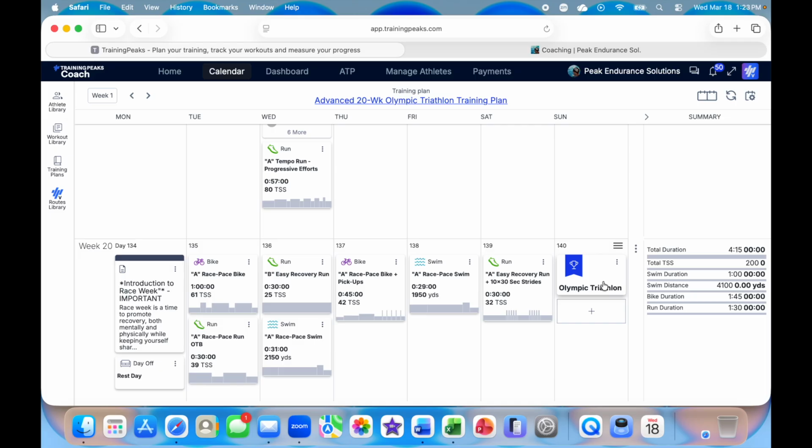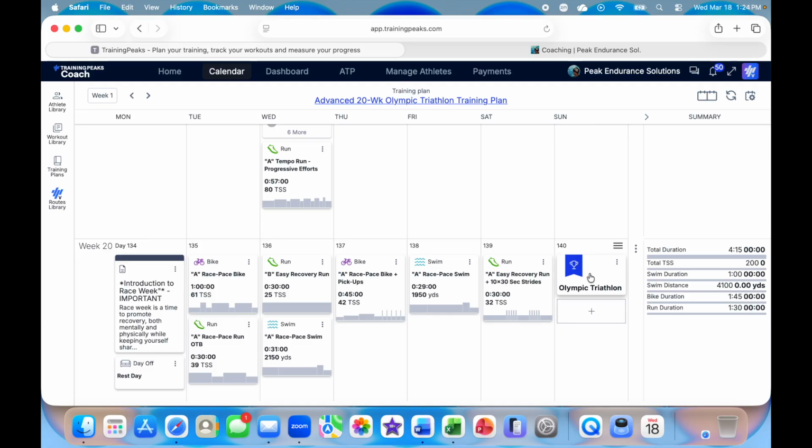However, if your race ends up on a Saturday or another day of the week, I would still apply the plan starting on a Monday, because all of these plans are designed to flow from a Monday through Sunday. If you were to apply this with the plan ending on a Saturday, it's going to move all of these sessions back one day, and it's going to be a nightmare trying to move all the sessions forward one day. What I would recommend you do is set it up so that the plan is applied where this event card is on a Sunday,